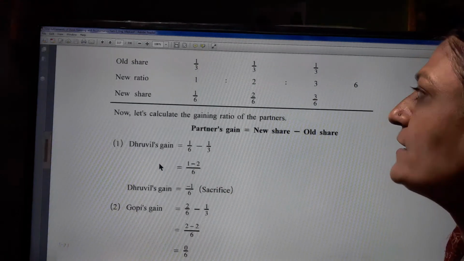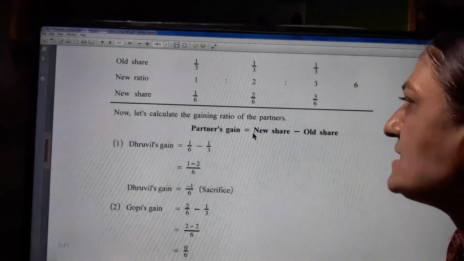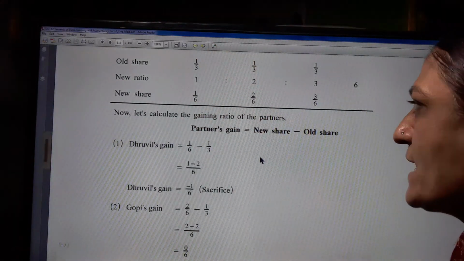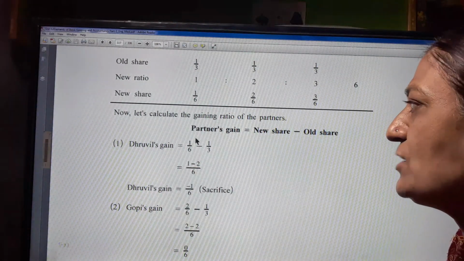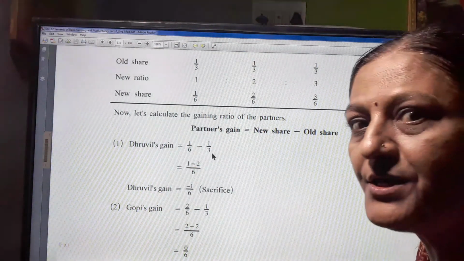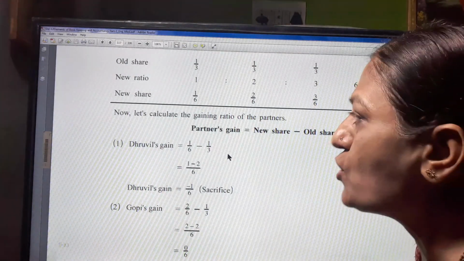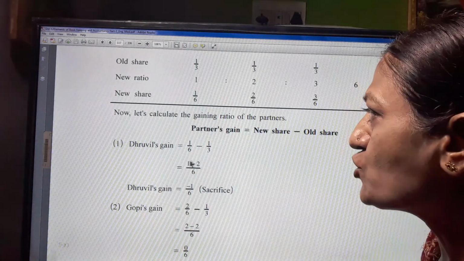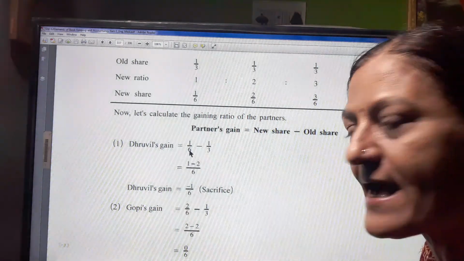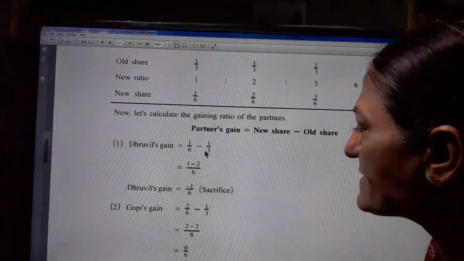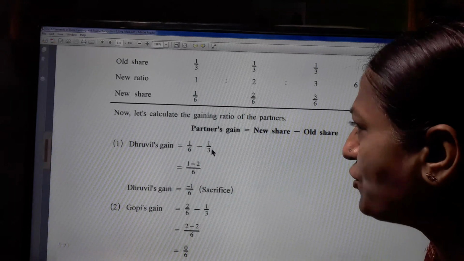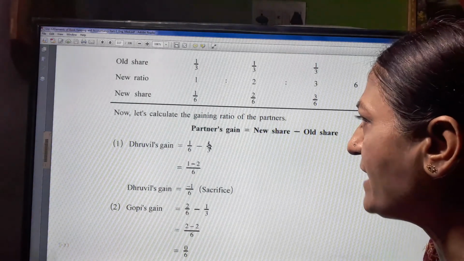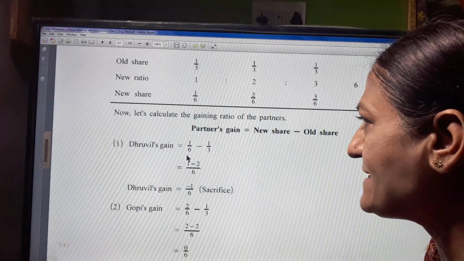Now let us calculate the gaining ratio of the partners. Partner's gain is equal to new share minus old share. So Dhruvil's gain is equal to 1/6 minus 1/3. Here the denominators are 6 and 3, so the LCM is 6. Here in the denominator 6 is there, so now we make the denominator 6. We multiply both numerator and denominator by 2, 2/2. 1/3 into 2/2, then we get 2/6. So here 1/6 minus